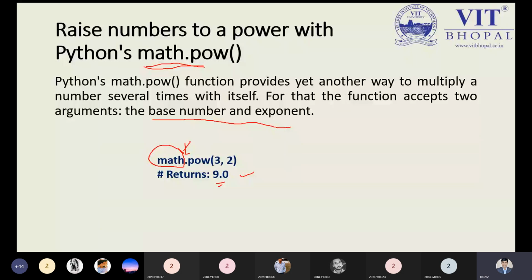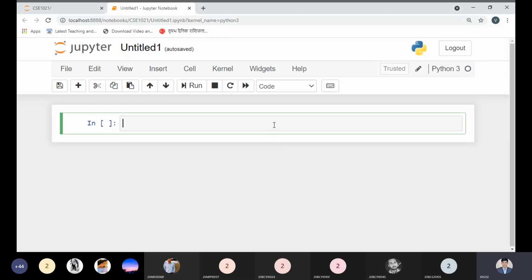Okay. So right now I am sharing my Jupyter notebook with all. Just let me know if it is visible to all or not. Just give me a second. I'm sharing my Jupyter notebook. Now tell me, is it visible to all? I have shared my PPT or this Jupyter notebook. Is it visible to all? Yes, sir, it is visible. Okay, good.